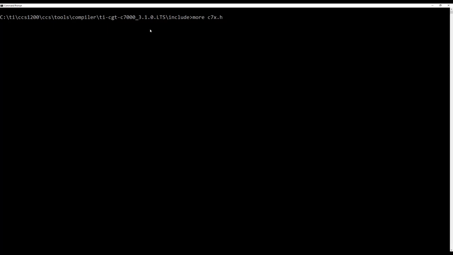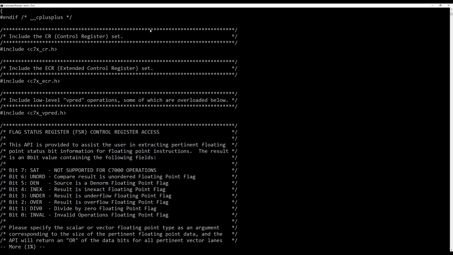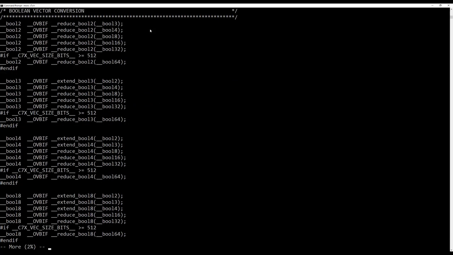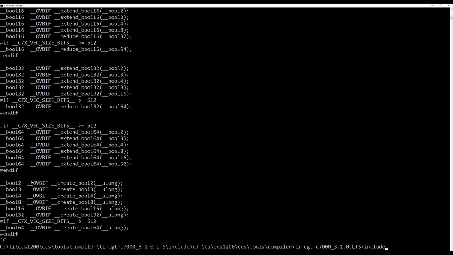So the first thing to do is to just get a brief look at c7x.h itself. I'm not going to get specific here, just give you a rough sense of what sorts of things are in here. I've already shown you many lines, and that's only 3%. It's a big file. There's a lot here. So that's why it's more typical to do things like this. find str is a DOS command for searching the file for this string. If you're on some variant of Unix, you would use grep instead.